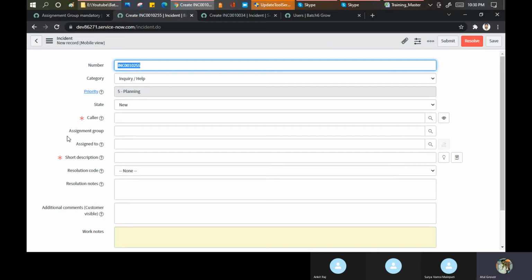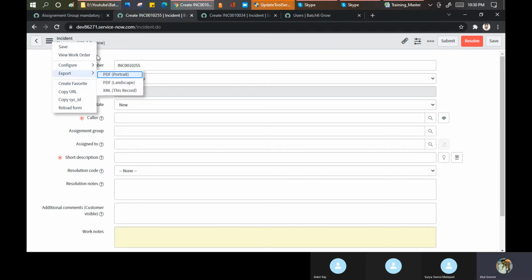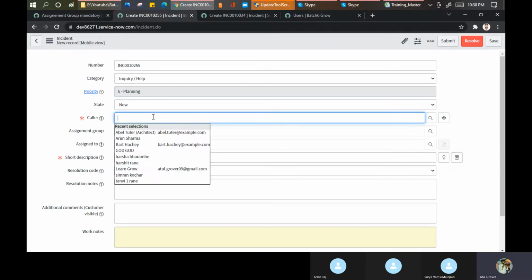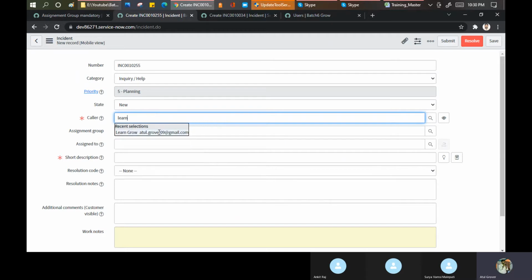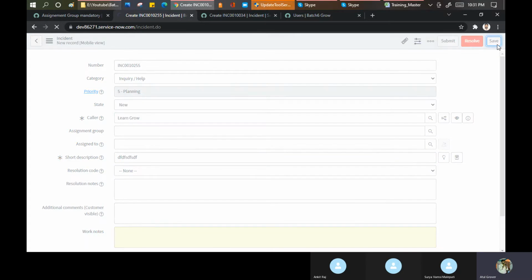Where did my assignment group go? See, it is not mandatory. Let me change the view. We need to put Learn and save. Now it becomes mandatory.